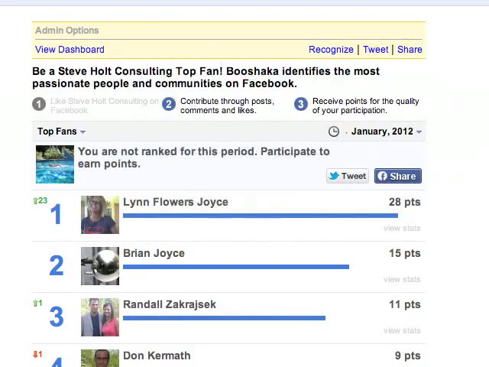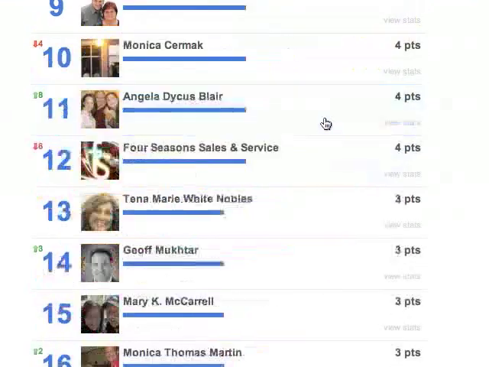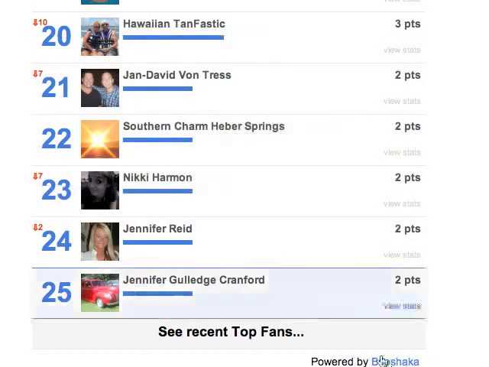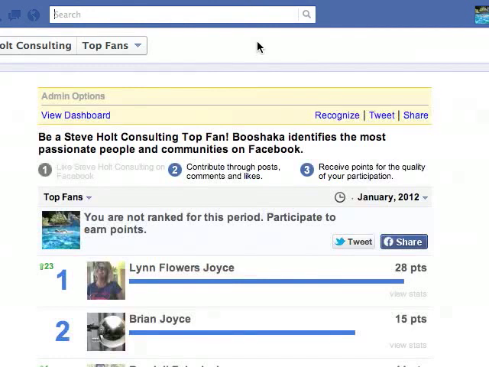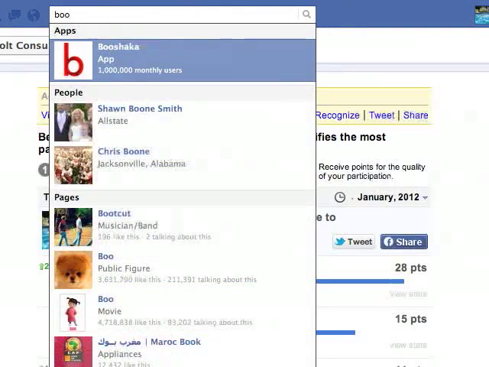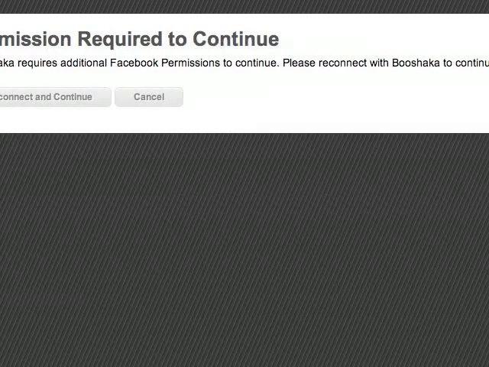So what I want to do is, and I happen to know that Bushaka is the name of the company. There it is, Bushaka. So one thing that I can do is I can come up here to the top and I can search for Bushaka. There we go. There's the Bushaka app. And it loads up the screen here and it says,